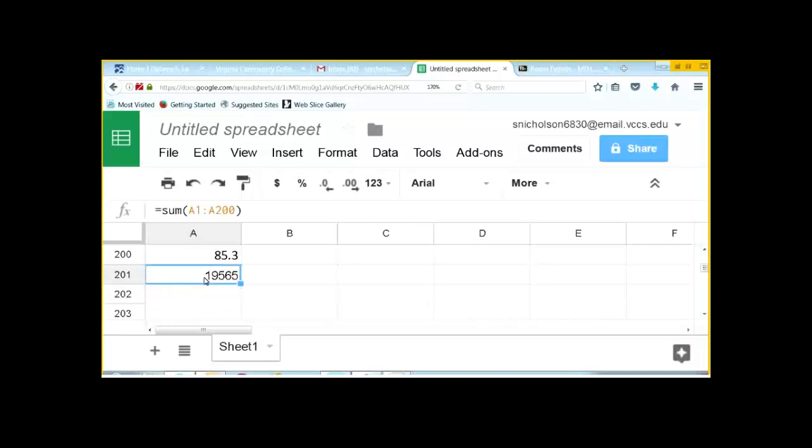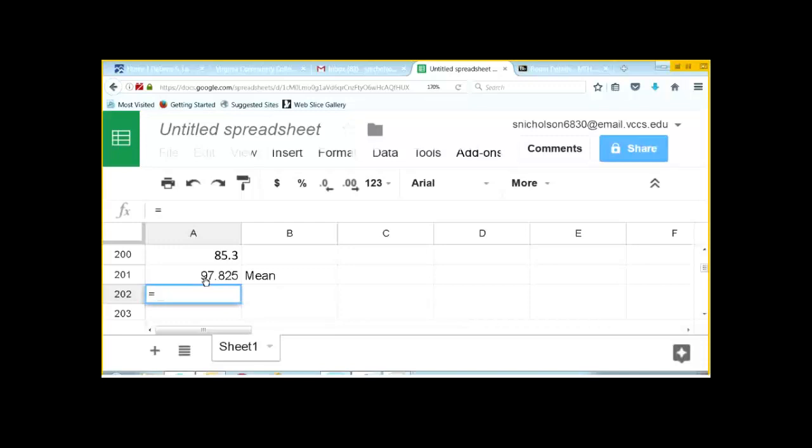And apparently that's not the right answer. Oh, that is the right answer. Okay. So I forgot to do the rest of my calculation. So that's the sum. If you add all those numbers together, you get 19,565. But the average is divided by the number of data points. So I put divide by 200, and I get 97.8. So that's how you calculate a mean